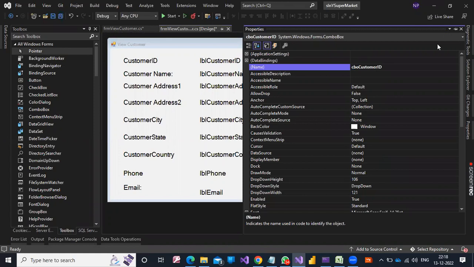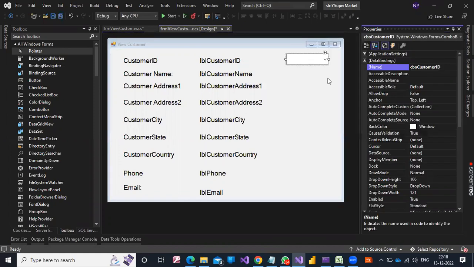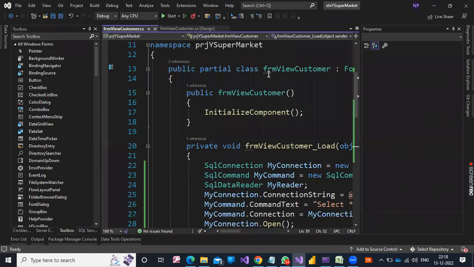What in fact I'm going to do here is put all the IDs inside this. All the IDs inside this, and then afterward, whenever I'm choosing any ID, the record for that particular ID should be displayed here. That's what I'm going to do. I'm going to save all. So now what I'm going to do here is,